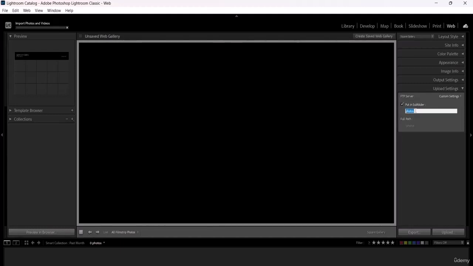You can change the name of the subfolder or the full path of it, such as photos, or even if it's videos, select on it. And then after you're done, what you're going to do is upload or export, whichever one you want, and then you're good to go. Okay, so I hope you understood everything about this lesson on slideshow, print, and web, because